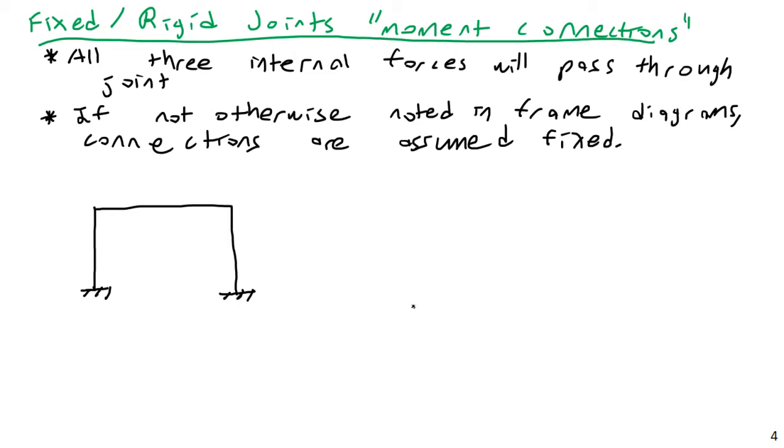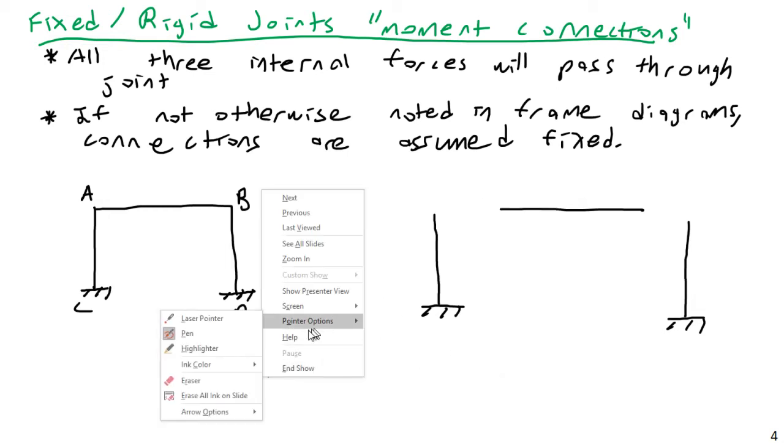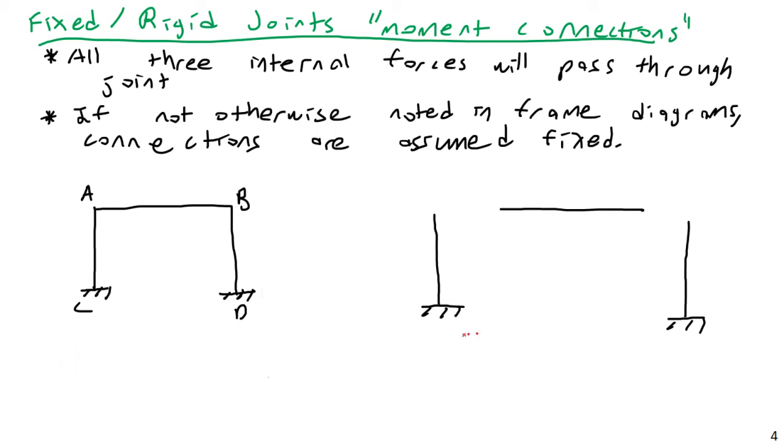And then if I show the internal forces here, and I suppose I could give these some names. Let's say this is joint A and this is joint B. So I'll name the forces accordingly. And I will label them, being very careful to keep everything lined up properly. I guess I could label this C and D, although we're not really going to need that. There would, of course, be 3 potential reaction forces here and here, but I'm only labeling the internal forces for this. So I would have some sort of AX,